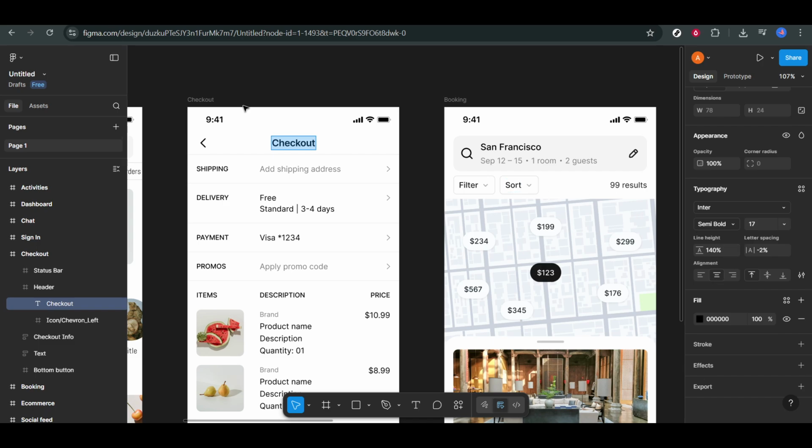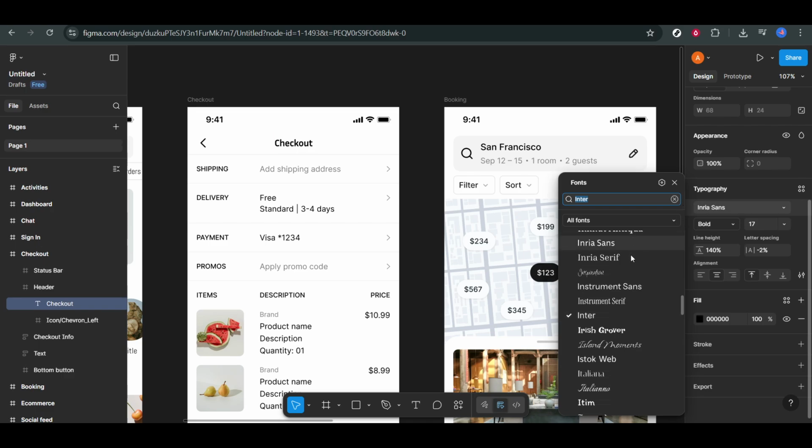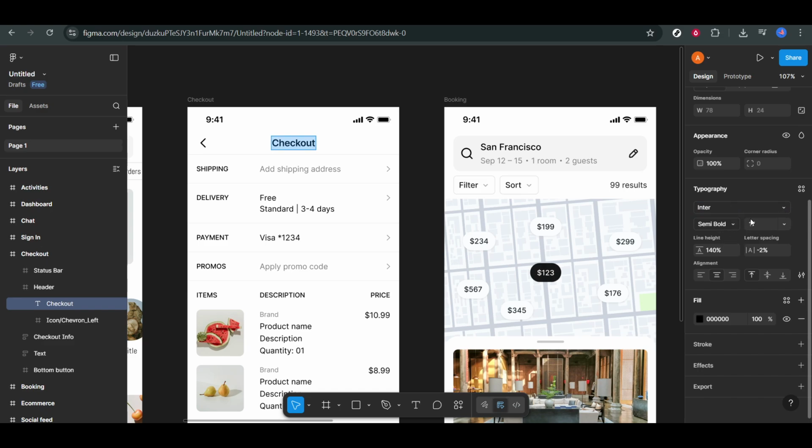With your text layer selected, not editing but selected, look over to the right-hand sidebar. This is where you'll find all your text controls. You can update the font family, font size, weight, line height, letter spacing, and even text alignment. Figma gives you the same level of control you'd find in professional typography tools, but everything is lightweight and easy